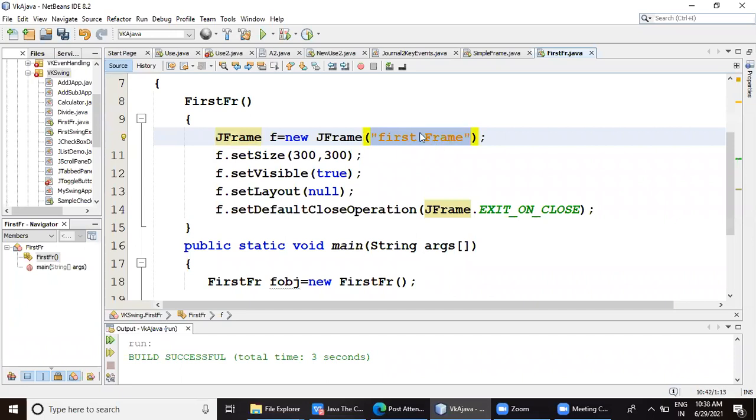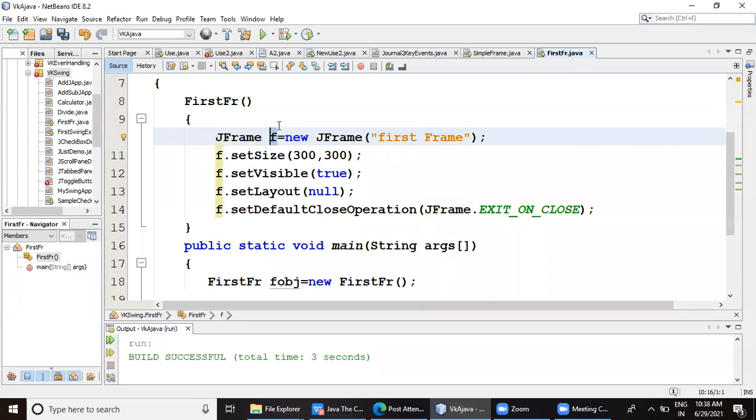This name will be used on the display, that is on the title bar of the output window. So what is the title of my frame here? First frame. I have given it as first frame. So this is how I created instance of JFrame. JFrame F equals new JFrame, and on the title bar we are going to display first frame. Name of my frame instance is F.